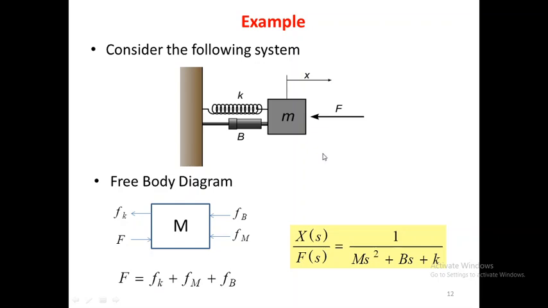This is important because in the next lecture we see the FV and FI analogy, that is force-voltage and force-current analogy. At that time we compare that equation with this standard equation, and then we compare which electrical component the mass is equivalent to, which the damper is equivalent to, and which the spring is equivalent to, like resistor, capacitor, and inductor in the FV and FI analogy.